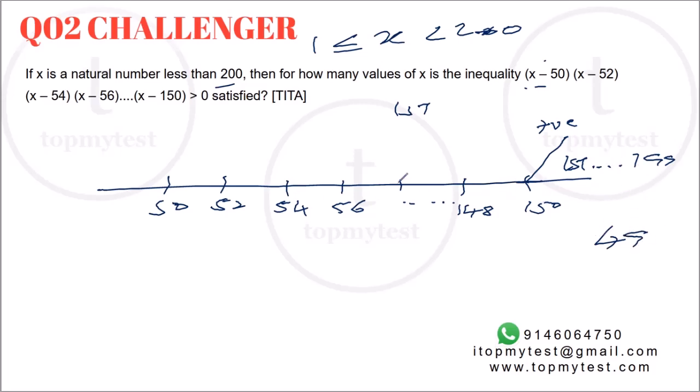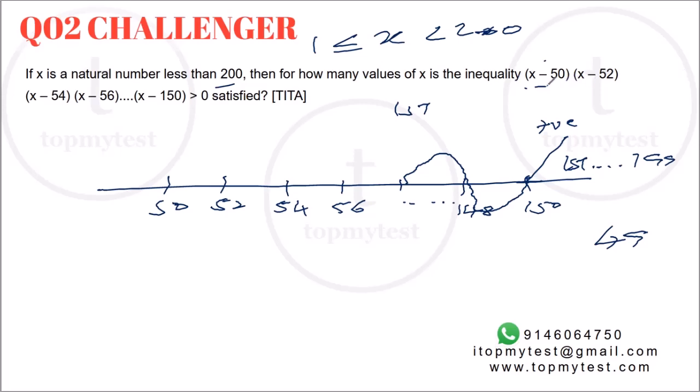Now we need to figure out how the curve behaves. Less than 150, it will go down. Then from 148, it will go up, again using the wavy curve method. We need to figure out how the other end will behave.